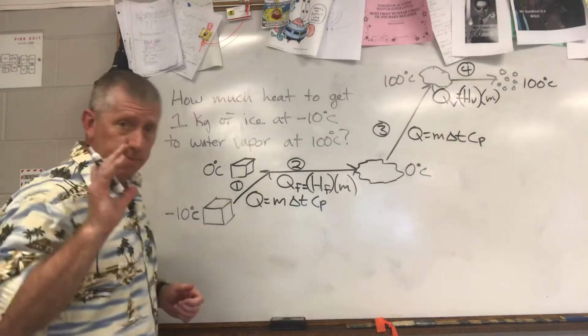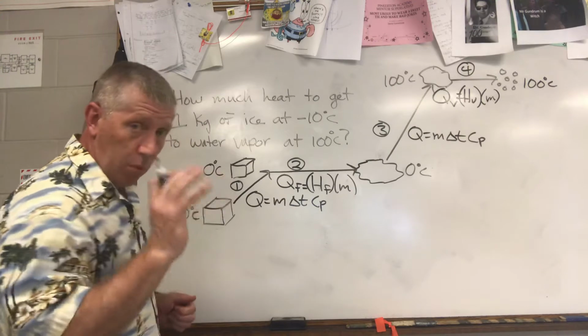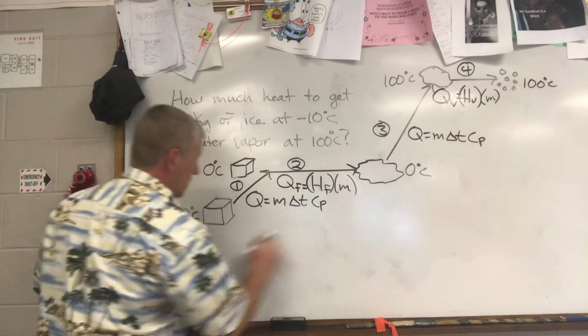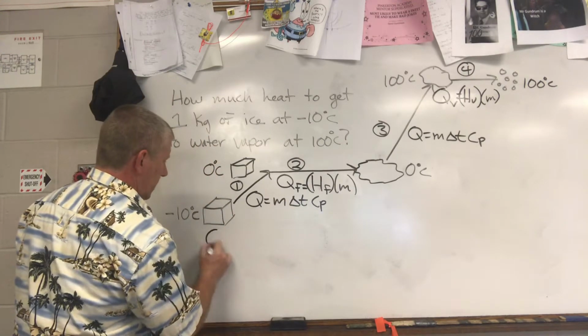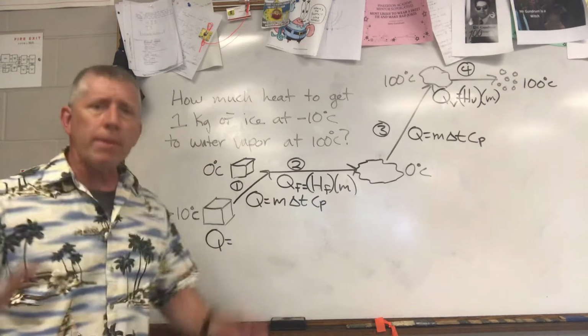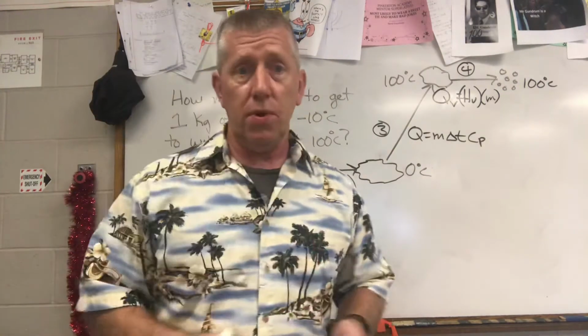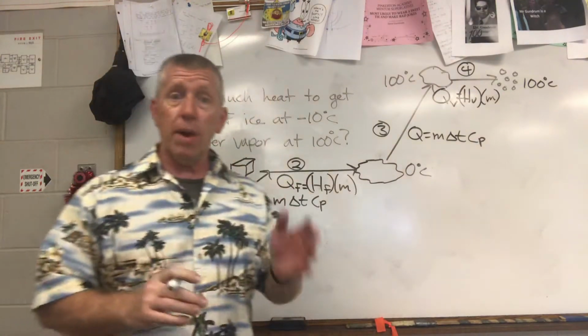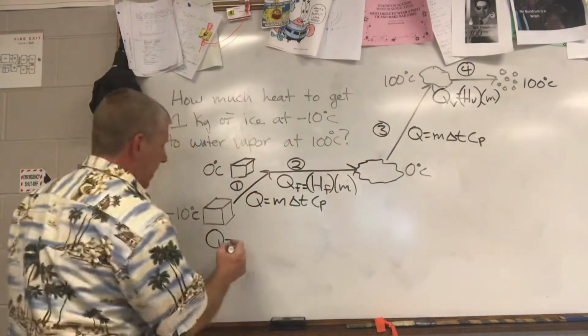Okay, be organized. Step 1. I'm going to do it right down here. So the Q is equal to the mass. What was the mass? 1 kilogram. Now I'm going to use grams because in the lab we're going to use grams. 1 kilogram is 1,000 grams. So 1,000 grams